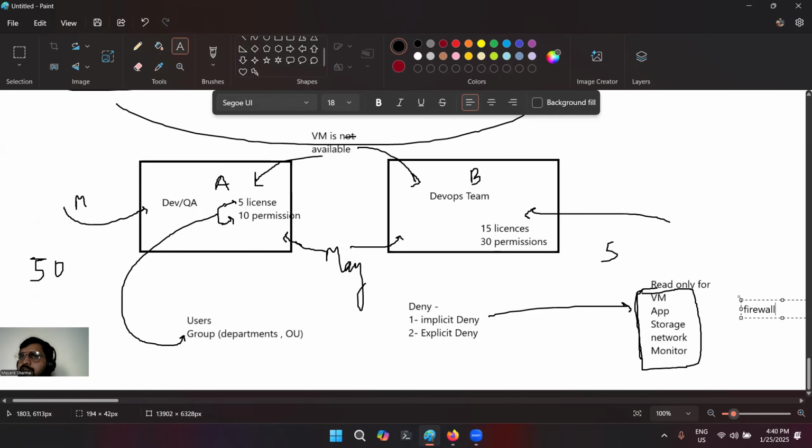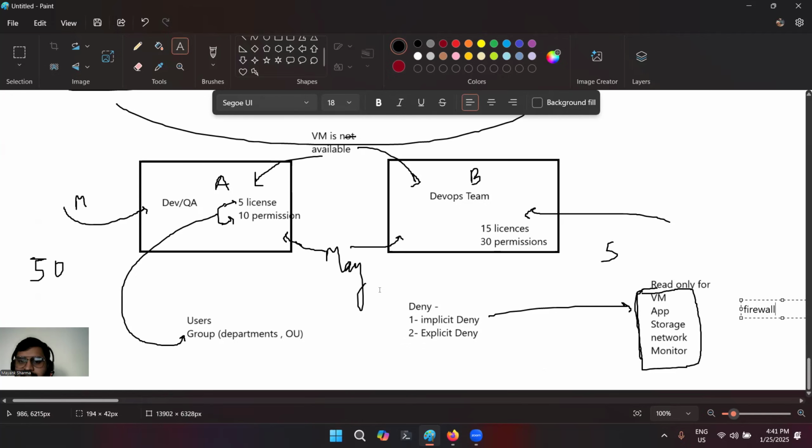It can be a virtual machine or app. So I am saying Muhammad has access to virtual machines. It is an implicit deny in the way that apart from virtual machines, Muhammad cannot access anything. So this is an implicit deny, where we are just saying, these are the accesses that I am giving you. But apart from that, if you get a role assignment, or let's just say if you get permission for another service, you can access those services as well. So this is an implicit deny.